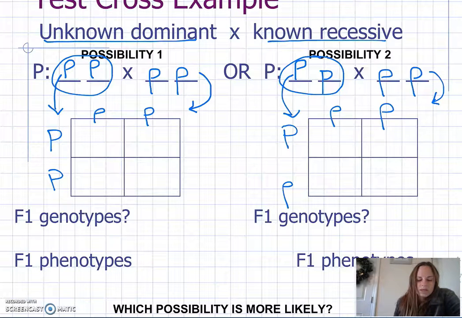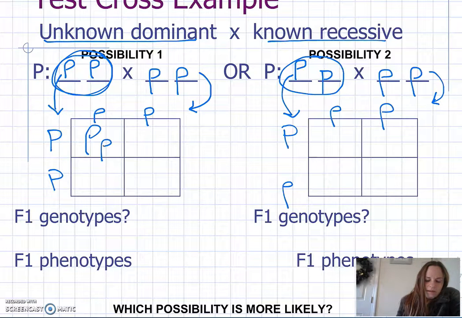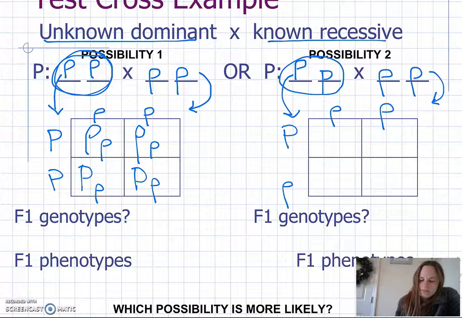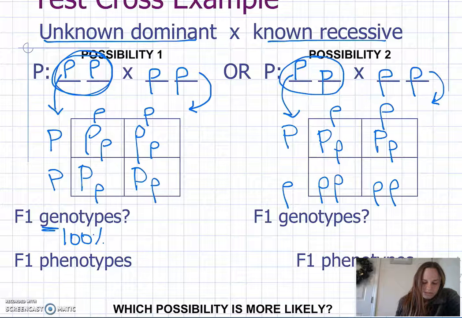And it doesn't matter which side, whether you put it on the top or along the side, you put the possible letters, because it'll end up being the same in the end. So I would end up with a capital P, lowercase p in each of the boxes. So our F1 genotypes, we've got 100%